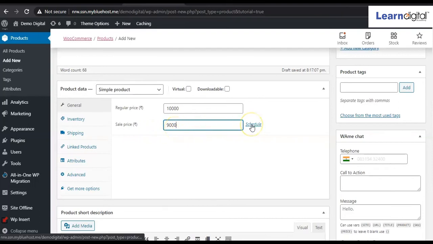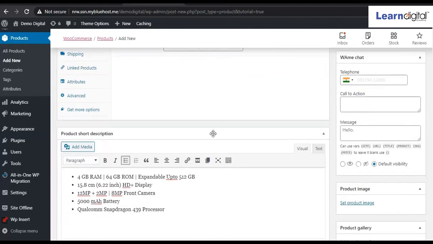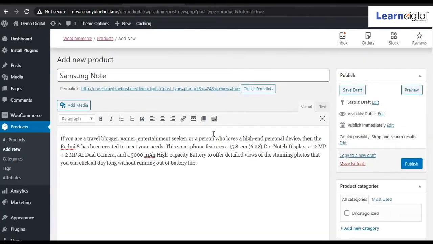You can schedule this. For example, if you want to sell for 2 or 3 days, you can select the particular date from here. After that day, this price won't be applicable. It is up to you. Right now I'm not selecting this. So this is the general information I have made.